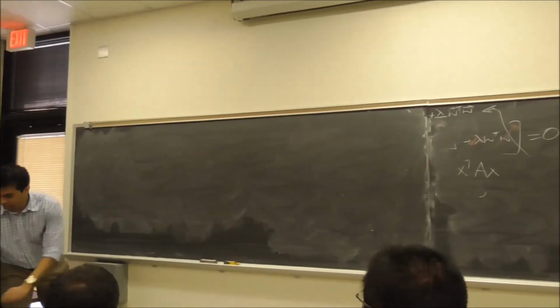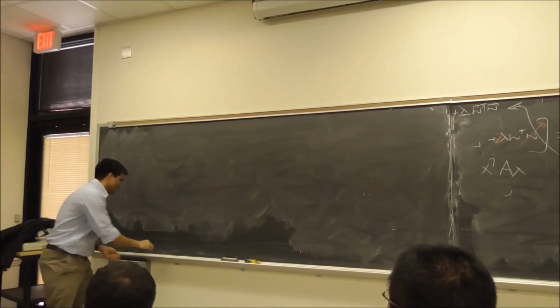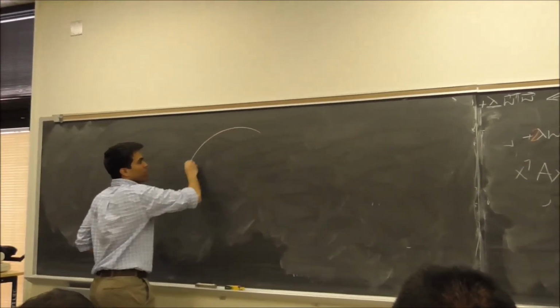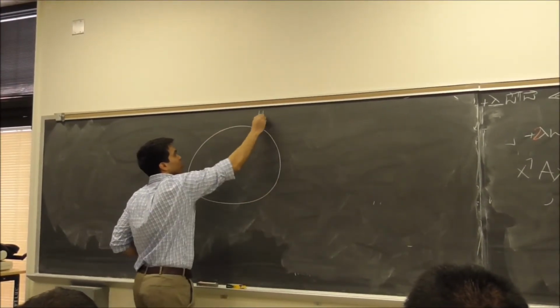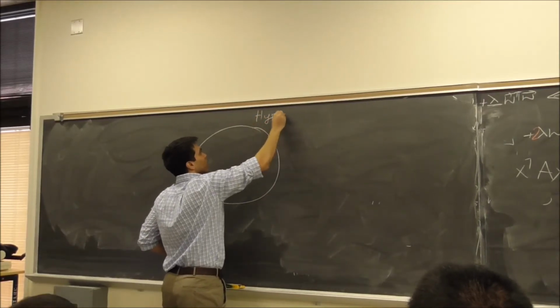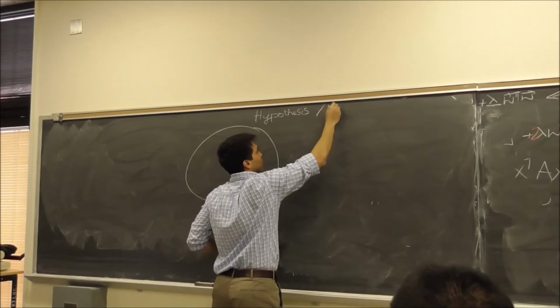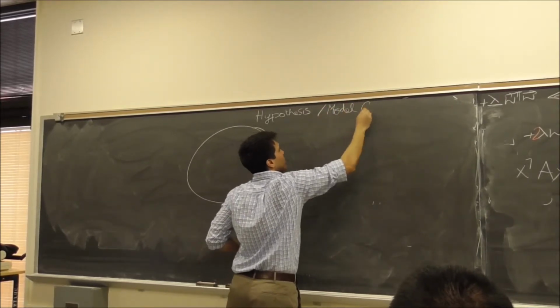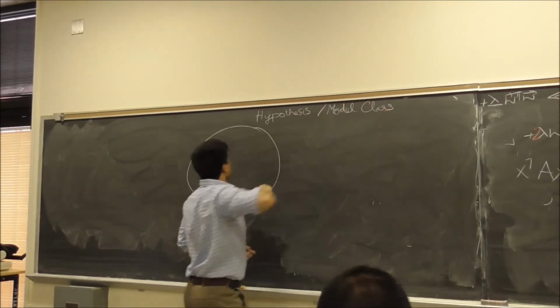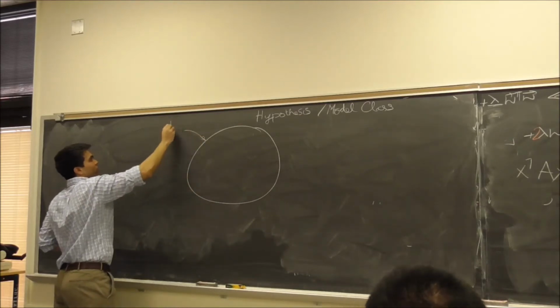If you recall, we've been talking about something called a model class, right? Or a hypothesis space. Hypothesis or model class. Your 15th order polynomial